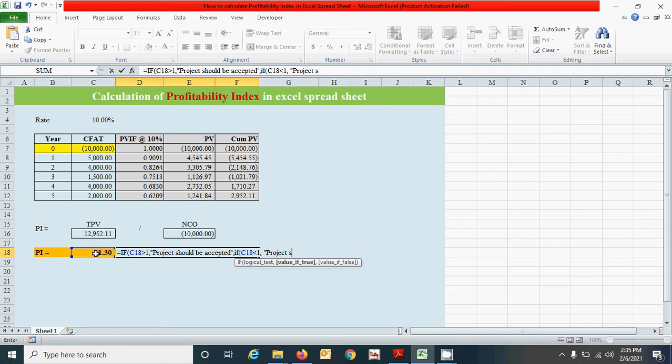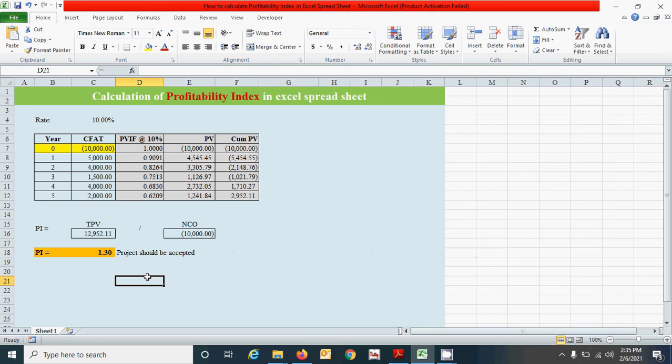Project should be rejected. Otherwise, decision should be made based on qualitative factors. Now close parenthesis, now press the enter key.